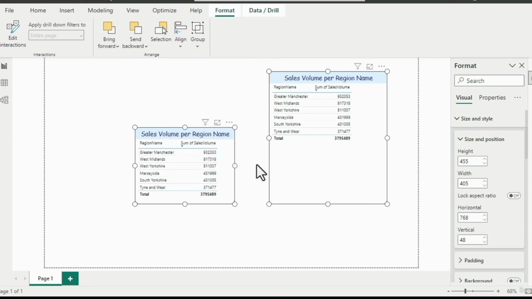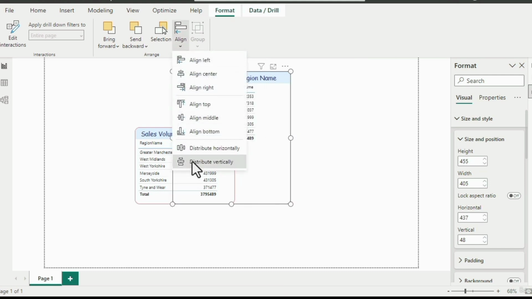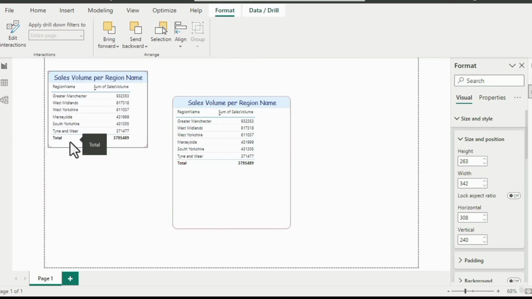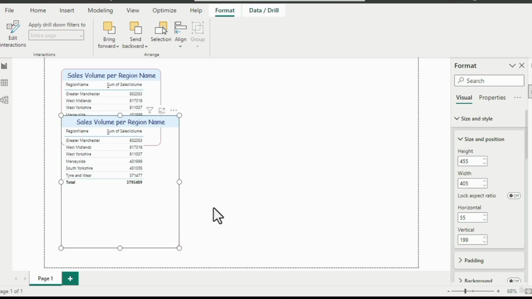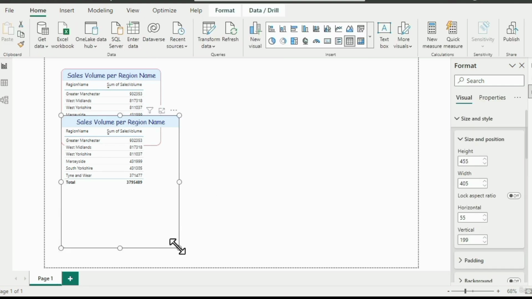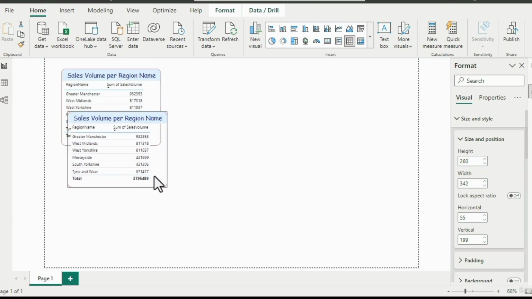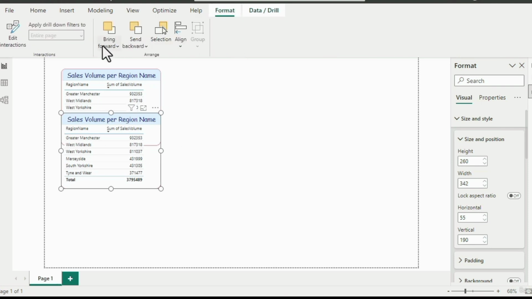Now, if I just select the one again, you'll notice that there is another option available, distribute horizontally, distribute vertically. However, this still doesn't solve the question of what happens if you've got two visualizations that are literally right on top of each other. So now I'm getting these two visualizations to be exactly the same width and height, but you can see they overlap. Well, trouble is one of them has to be in front of the other, but you can select which one by clicking on a visualization and either bring forwards